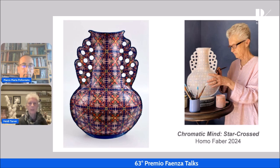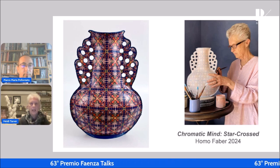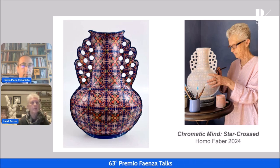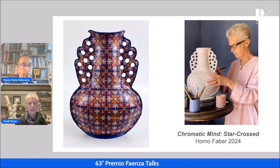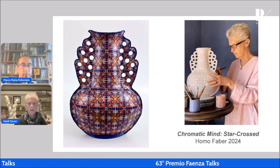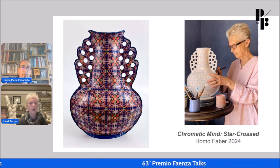So I want to talk a little bit about my approach to working with clay. I've been attracted to and engaged with geometric patterns since I was a small child. And in my ceramic practice, each of my works begins with the development of a geometric pattern. I create my patterns on the computer using Adobe Illustrator, and I design them, and then they're separated into layers, and each layer is laser cut into a stencil, which is used to create the layers of color on the